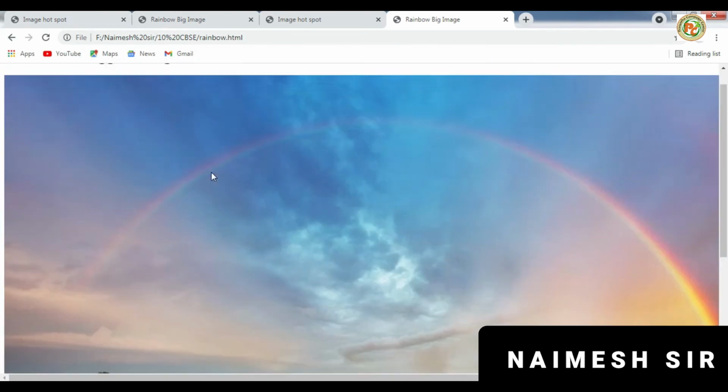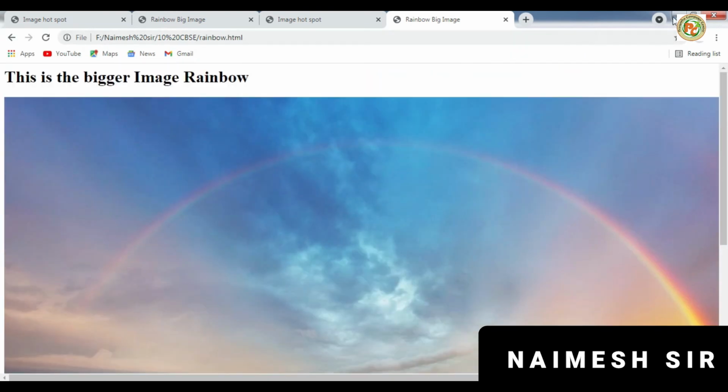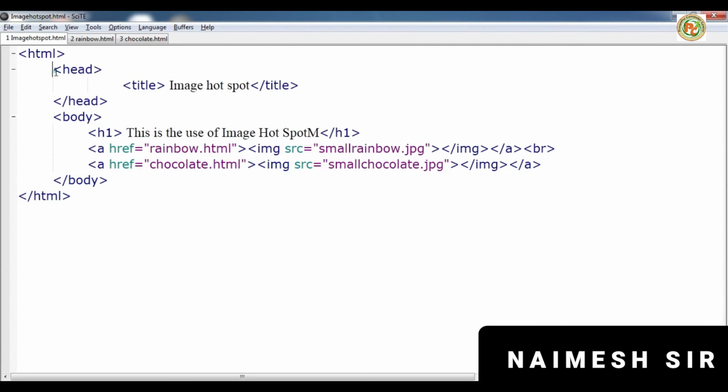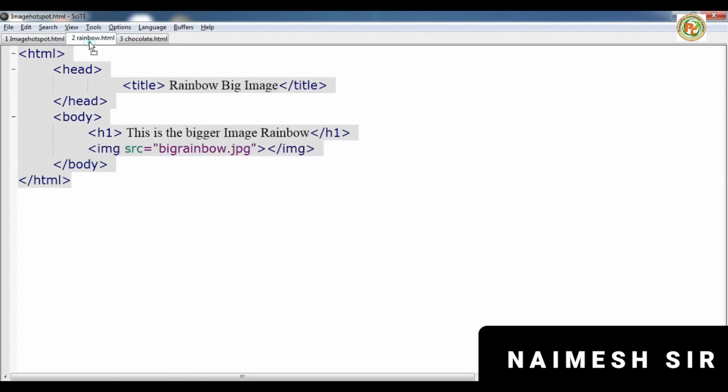So this is called the image hotspot. But how did we do this? First we created one main file. Inside that we have given an anchor tag, which will be the link of the small rainbow image. When we click on the small rainbow, the rainbow.html file will be called, and in that file we have given the main image, which is in a bigger size.